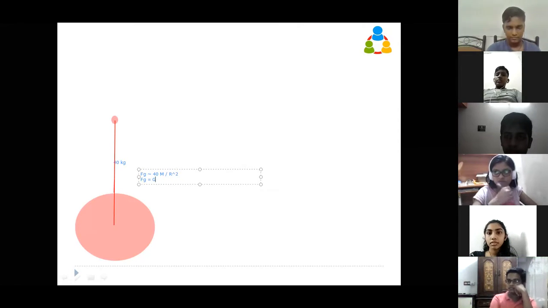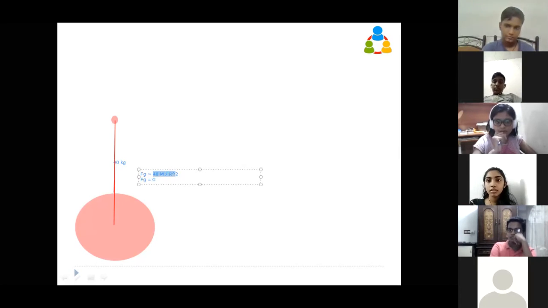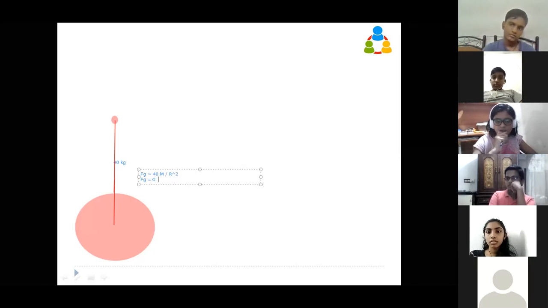So the rest of the part is the same. But this is G into 40 amperes. You understand? So now this is what we call the gravitational equation. Now in this case, you see this G is constant. Mass of Earth is constant. R, the radius of Earth, is constant. So for all activities which are